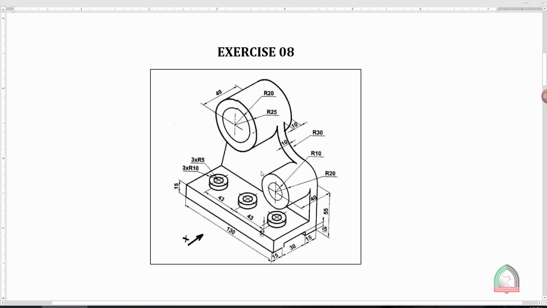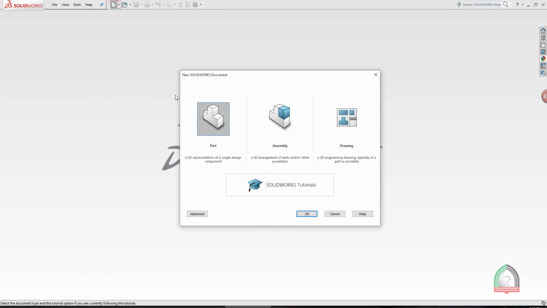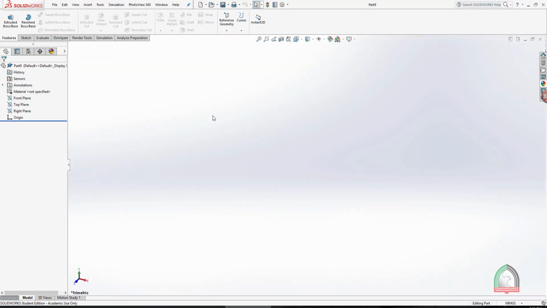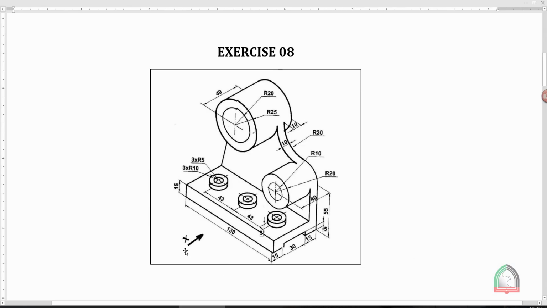The horizontal and vertical distance is not available. We are going to consider the horizontal distance as 75 and the vertical distance as 40. All other dimensions are there. We are going to use the easy method of contouring in boss and cut for completing this figure. Straight away we'll go to SolidWorks. Now go to parts. This figure, when we are considering the front plane, it is an inclined plane, and also